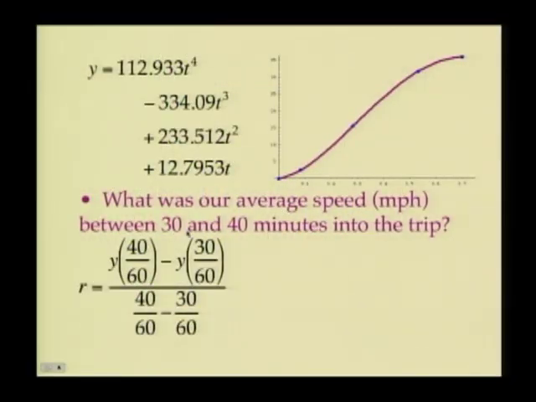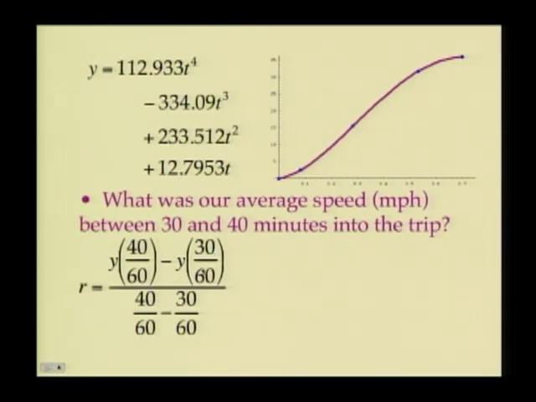Well, what you do is you find the slope of the line through those 2 points on your continuous curve, on that polynomial curve that we just graphed. So I take the 40 minutes and I convert that into an hour. That's actually 2/3 of an hour. Plug that into y, I'll get that answer, and then